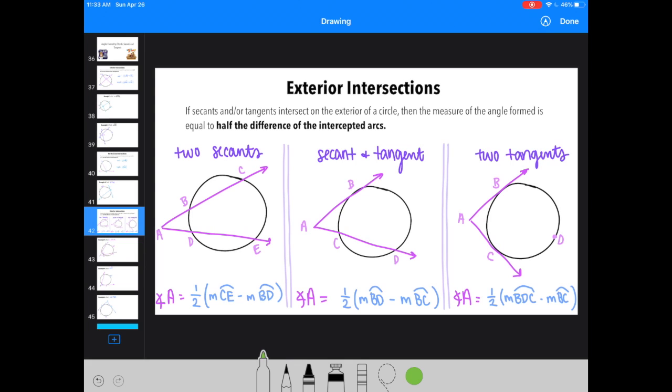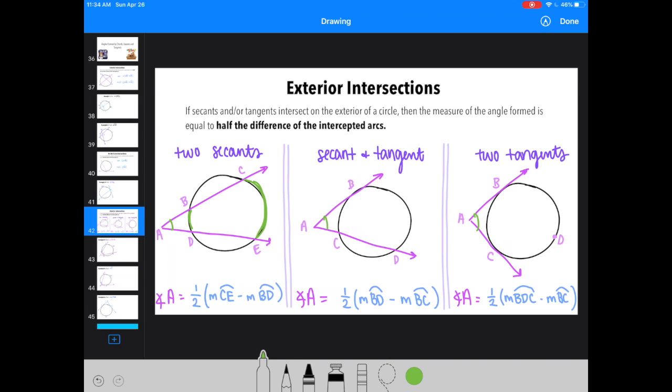All right, so in all of these examples, I'm wanting to solve for angle A. Despite the type, the way these equations work is angle A is going to be equal to 1/2 multiplied by the outer intercepted arc minus the inner intercepted arc. So if you have two secants, you're going to take 1/2 times the outer arc of CE minus the